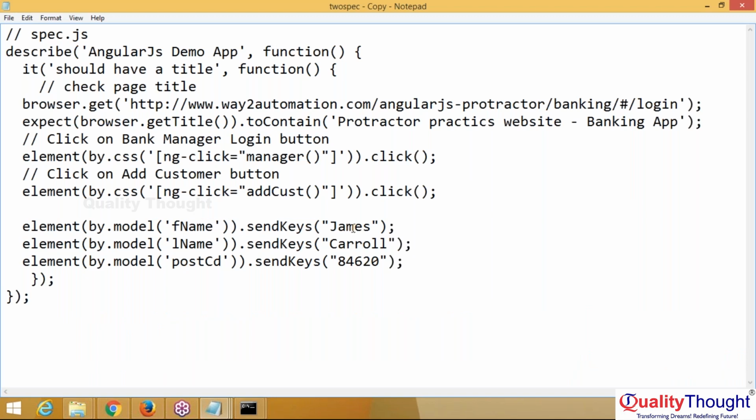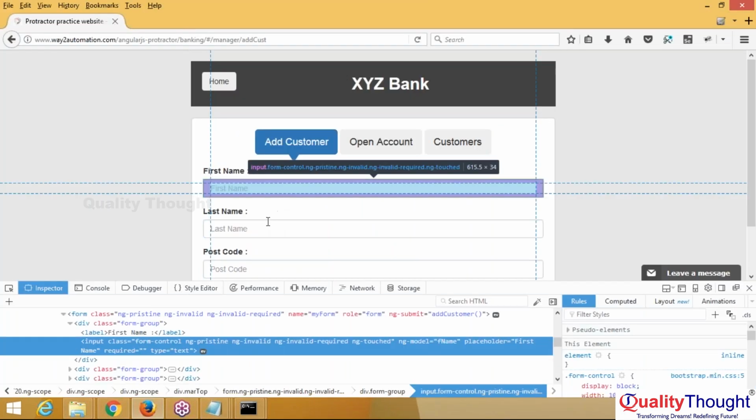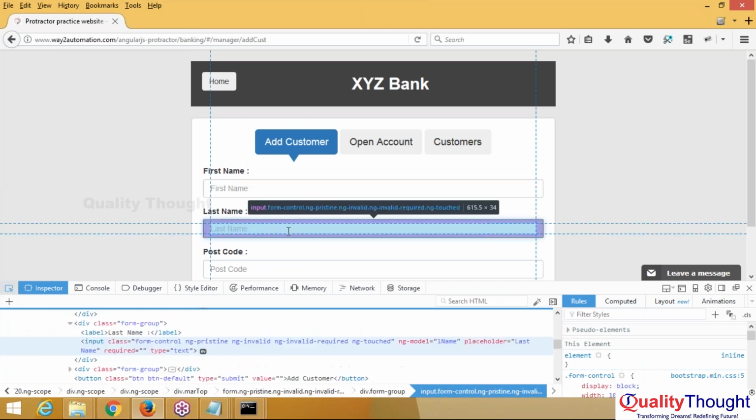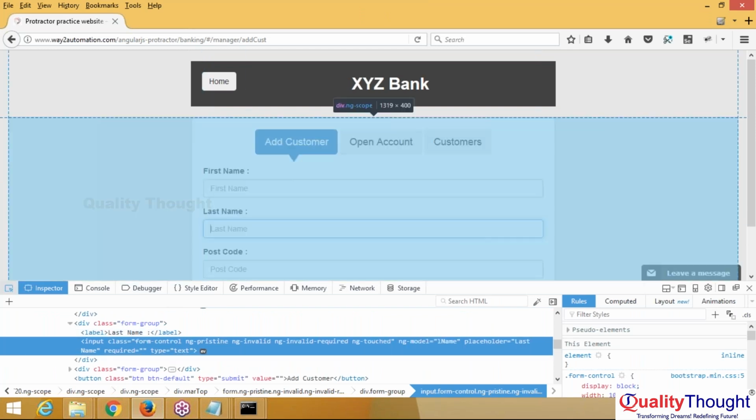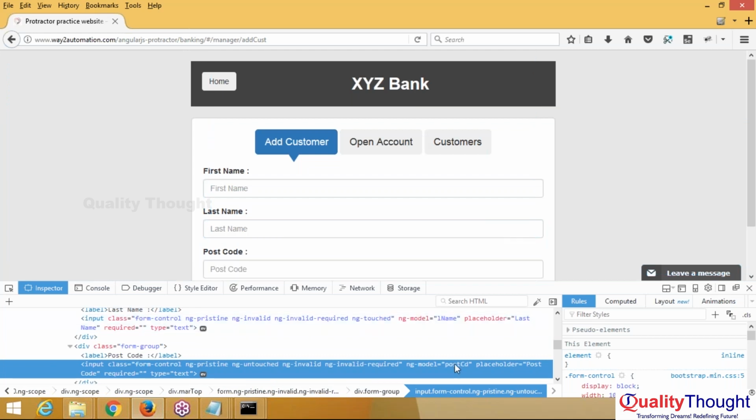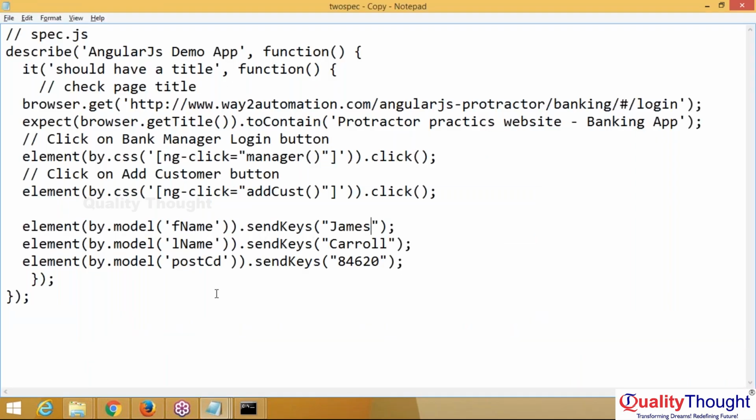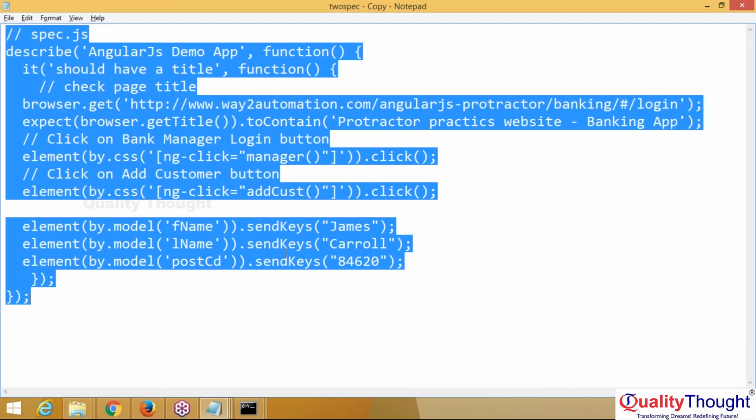Send keys is the usual keyword that we know. We send the data directly to that particular field. I am sending the name James, and the same for lname, the last name's ng model. The same for postal code: I use the model post cd here, and I have used send keys to pass the data. So copy this program,